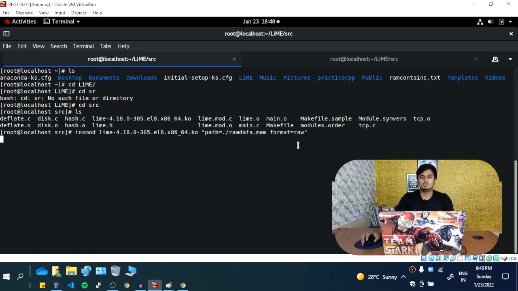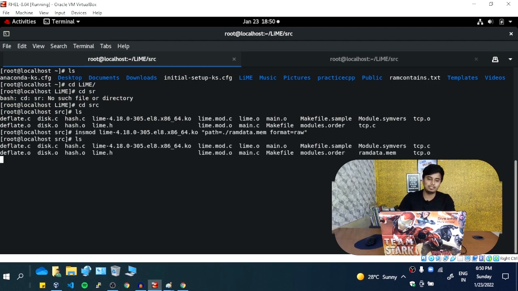It will take 1 to 2 minutes, depending upon your RAM size and your IO operation, whatever read-write operation happens. Mine is 8 GB of RAM, so all the data present in that 8 GB of RAM, it has to get everything and store it in this file, ramdata. For that it will take a couple of minutes. Let's wait for that. Now this command has been successfully executed, and all the data from the RAM has been dumped into this ramdata file which is present in my hard disk.